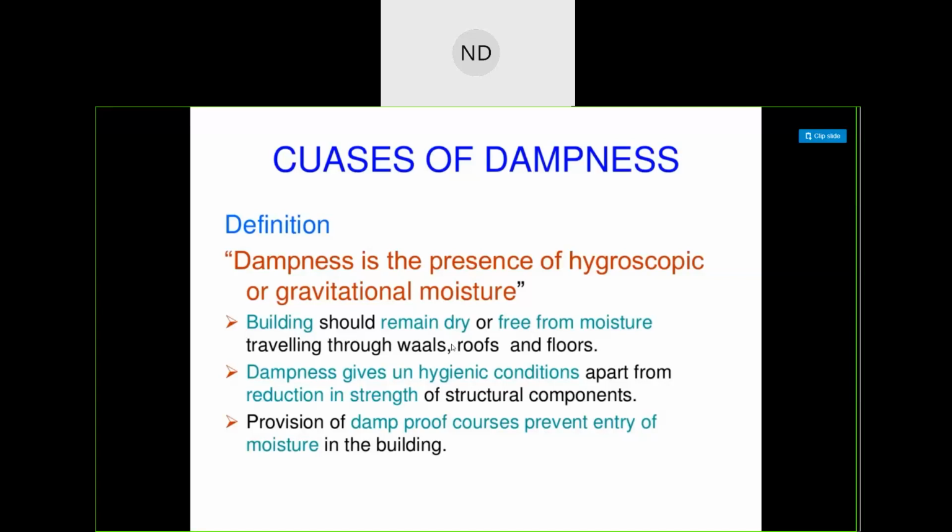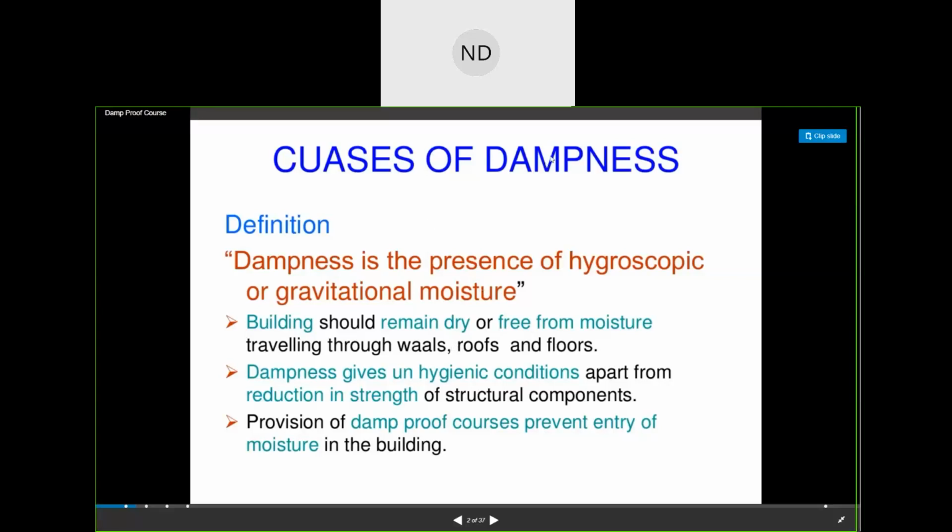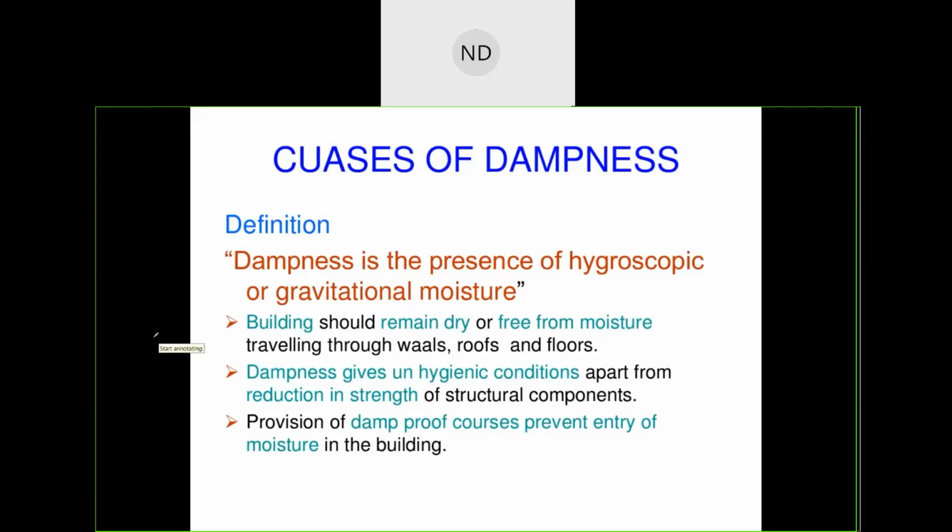What is dampness? Dampness is nothing but the presence of hygroscopic or gravitational moisture. What is your definition? Dampness means the presence of hygroscopic or gravitational moisture, when you have some kind of moisture in your structure. Buildings should remain dry or free from moisture traveling through walls, roofs, and floors, because sometimes due to rain,